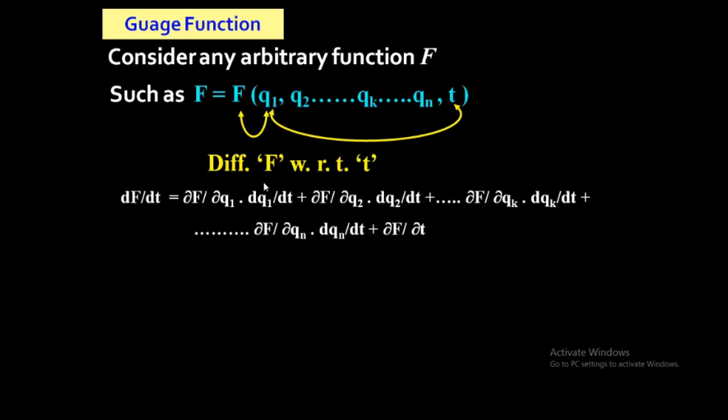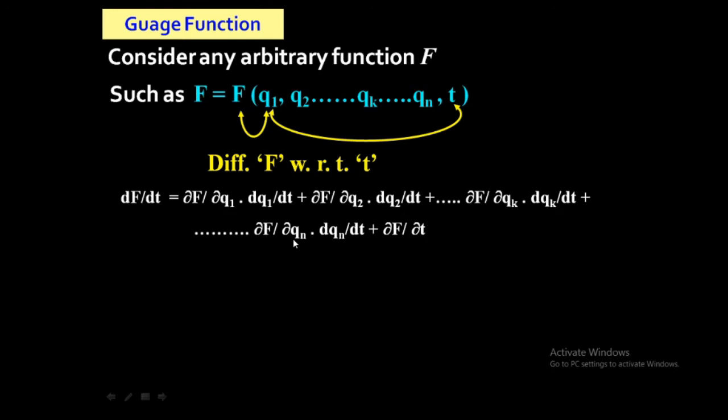So this kind of differentiation I already taught you in the last lecture. If you see this kind of function, then you have to differentiate the right hand side in this way. After differentiating you will get this long equation. This equation I can write in terms of summation. I already taught you in the last lecture how to write this whole equation in terms of summation, because q1 is there, q2 is there, qk is there and qn is there.